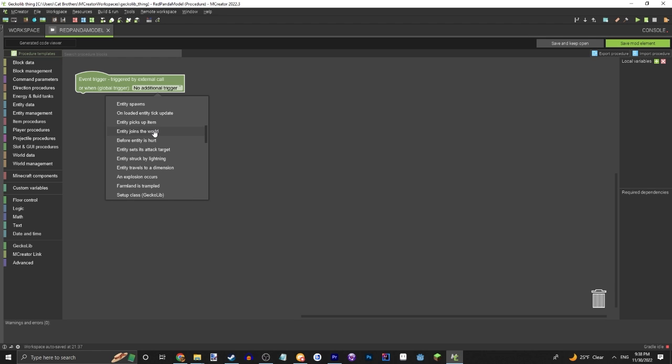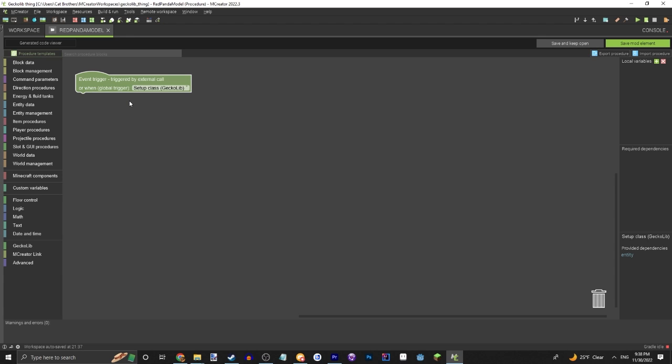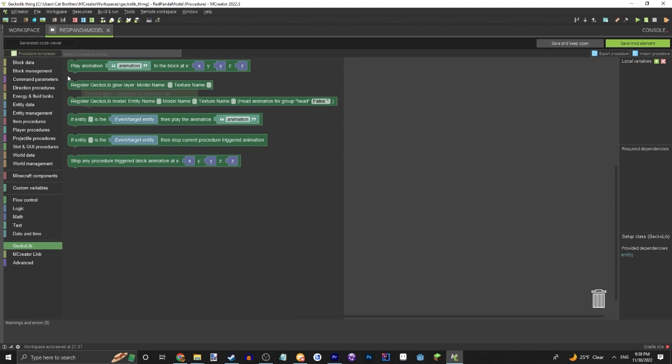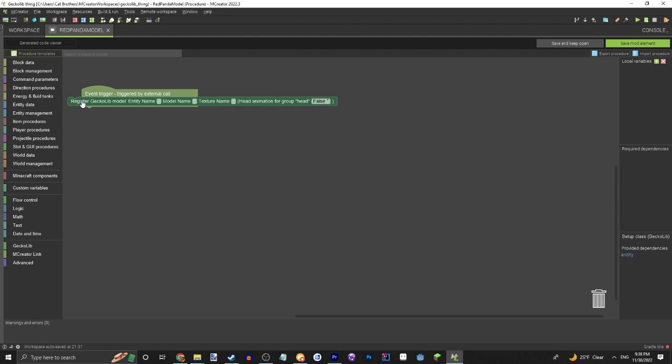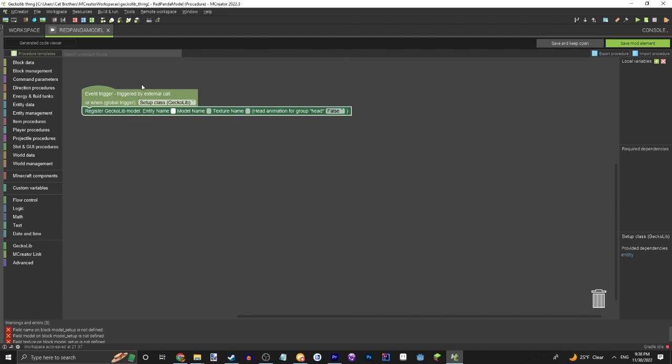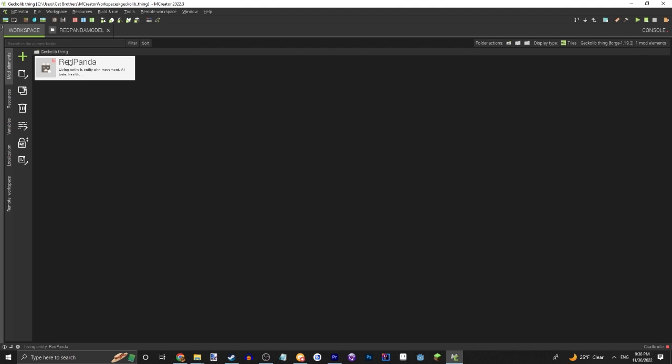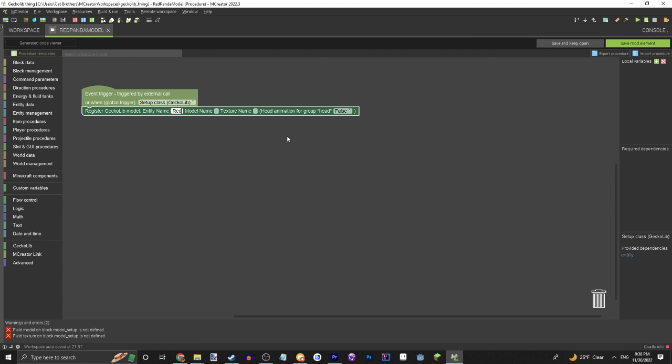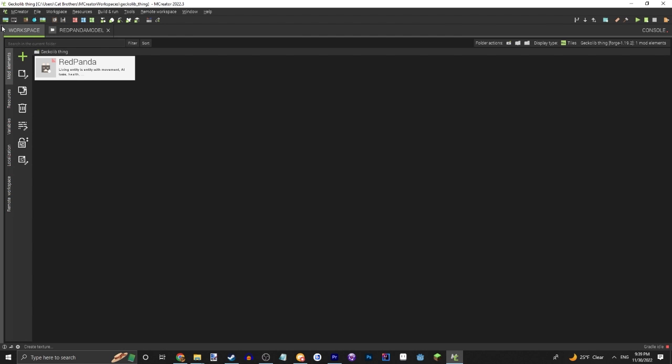You've got to scroll down and do setup class Geckolib. This is super important, and I see so many people struggle with this. Make sure this says setup class Geckolib. You can go into the Geckolib tab and do register Geckolib model entity name, which would be the element's name, so red panda. The model name is actually where we're going to have to